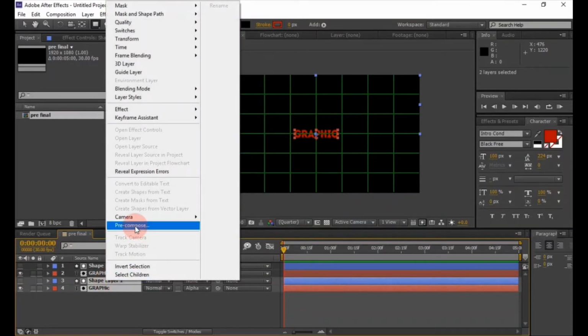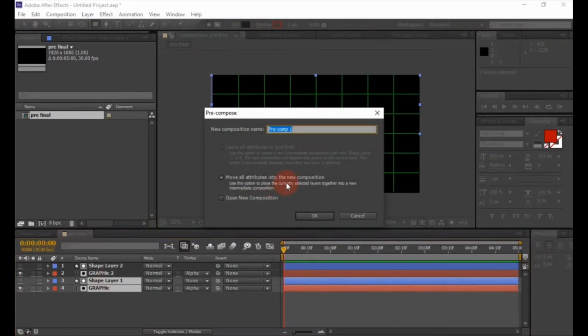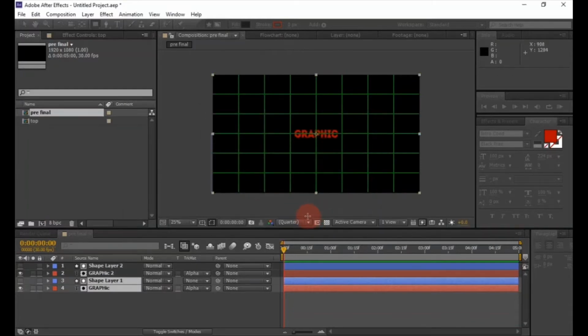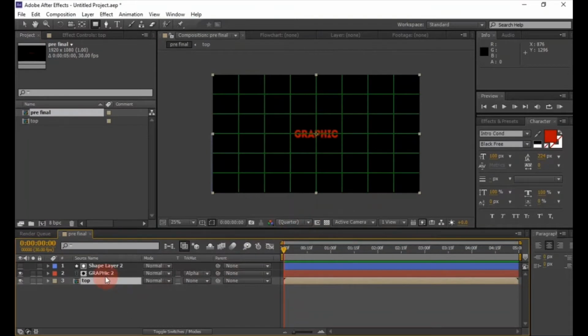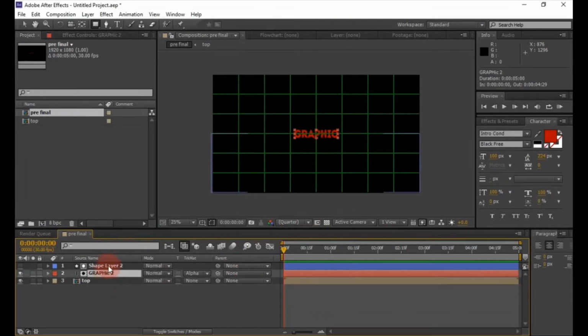Now select the bottom layer and then pre-compose it. And pre-compose the top layer.